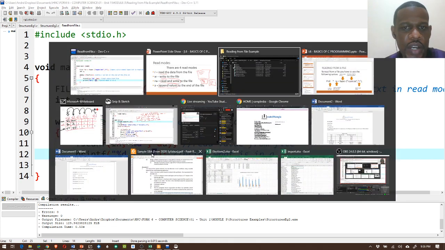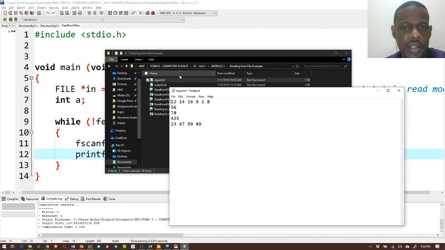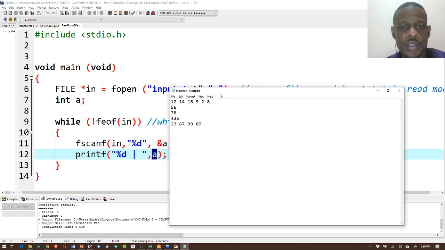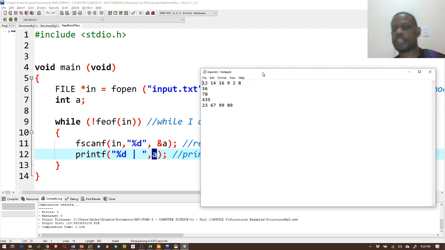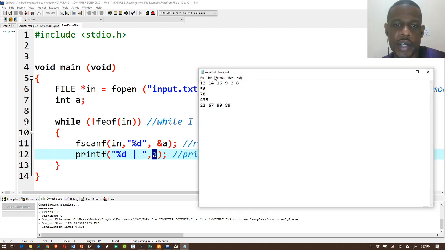What is in my input file? When I open up the input file, I have random numbers. So what's going to happen is this loop is going to start, and it's going to do scan. Alright, cool. Am I at the end of the file? No. I get 12, print back out the 12. Am I at the end of the file? No. I get 14, print back out the 14. Am I at the end of the file? No. And I'll keep going. When it reaches here, it'll print 89, and then it will now say